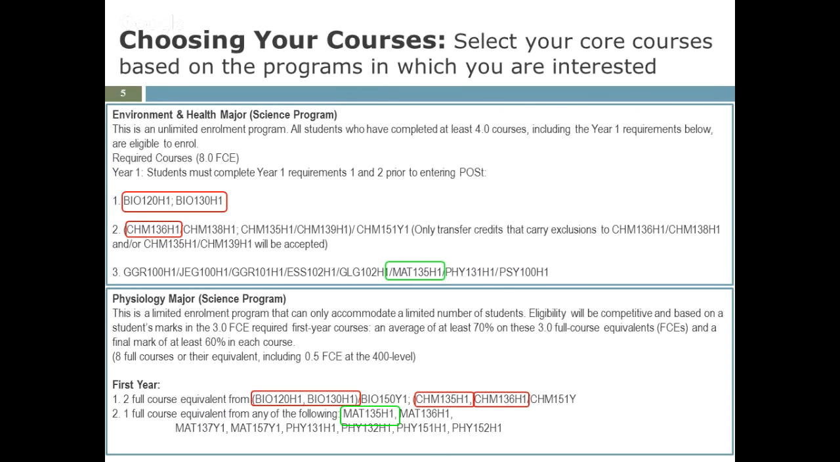So for example, here, Bio 120, you can see that below, Chemistry 135, Chemistry 136 is here in both programs. Math 135 is an option here. It is also an option here. You need one full course equivalent from the following courses, of which Math 135 is one of them. So you can choose to take Math 135 and Math 136 and Geography as well. That's okay. Geography doesn't do anything for you with respect to physiology, but it does help with the environment and